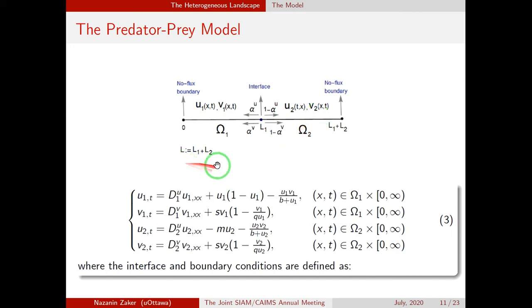Then population density and movement behavior are described by reaction diffusion. On patch 1, it is similar to what we had for our homogeneous landscape. In fact, patch 1 is a good patch for our prey, so they can grow, but patch 2 is also what we can call a bad patch, so our prey can't grow here.